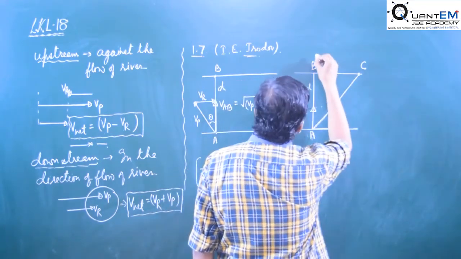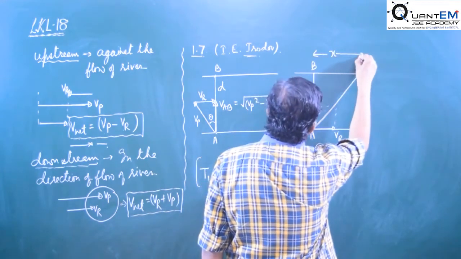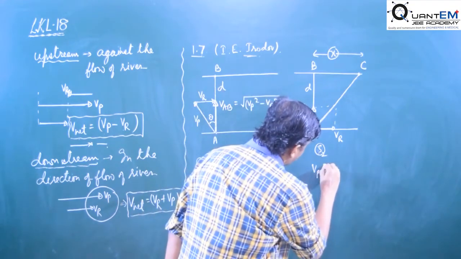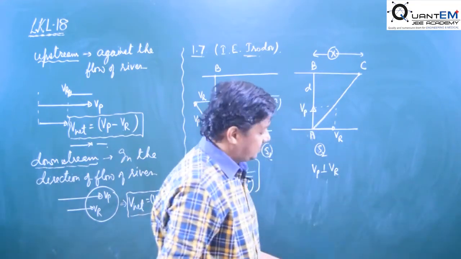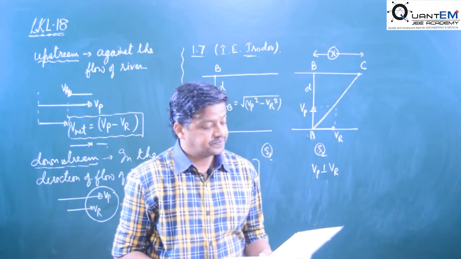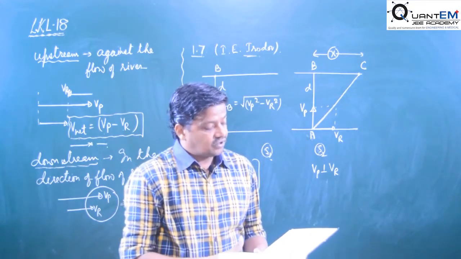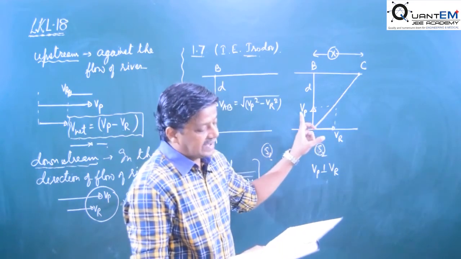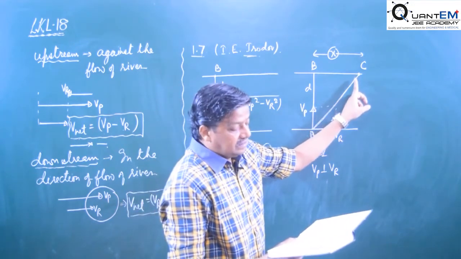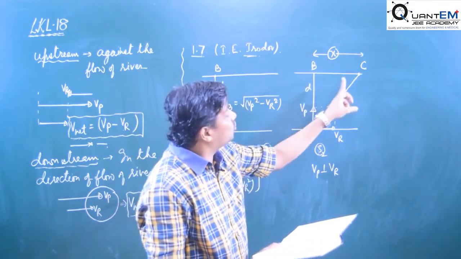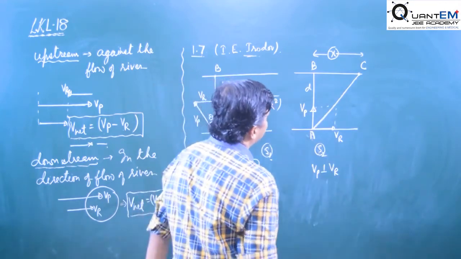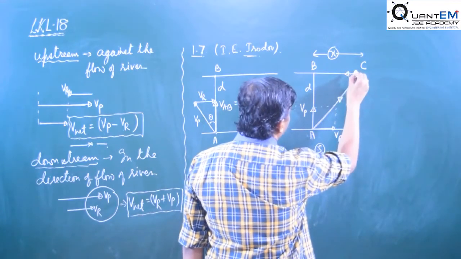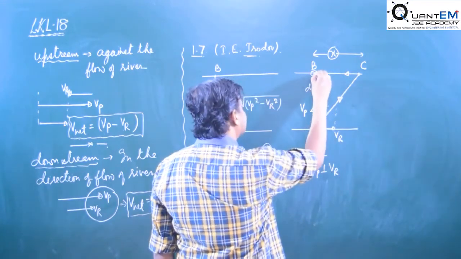And he has been carried away by what distance? X, I have told you. So here we have VP perpendicular to VR. Now we come to the statement. One of them crosses the river along the line AB while the other swims at right angles to the stream and then walks the distance that he has been carried away by the stream to get to point B. Firstly the swimmer comes here, and then finally he walks from C to B, because both the swimmers have to reach this point only.